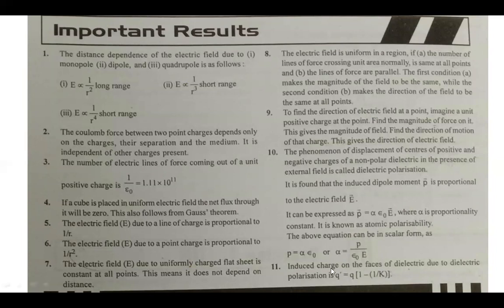So the first one is the distance dependence of the electric field due to monopole